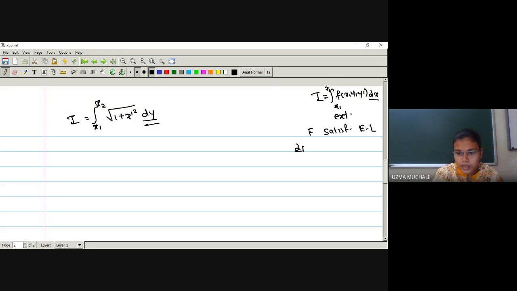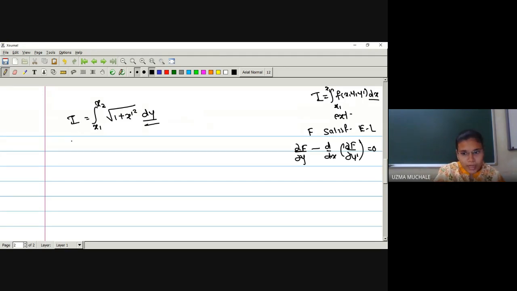So here we have ∂f/∂y minus d/dx of ∂f/∂y'. This is the equation corresponding to this integrand, okay? But if you have a different integrand, you have to use that equation correspondingly, okay? So here, wherever there is y, you will have to put x. Here the integration is with respect to x and here the integration is with respect to y.